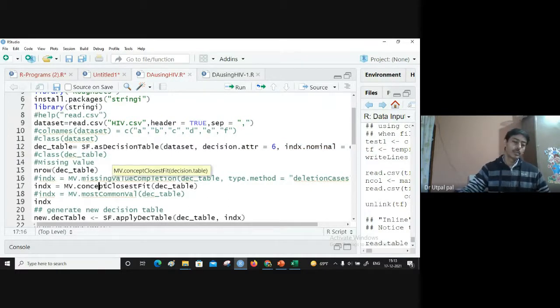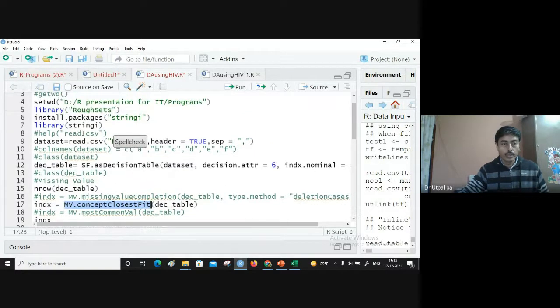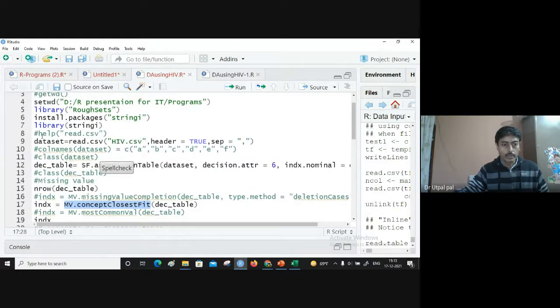For missing value completion, we have several functions. One function is MV.conceptClosestFit. To know how it works and where it is available, you can simply copy it and use the help function to check about this function.